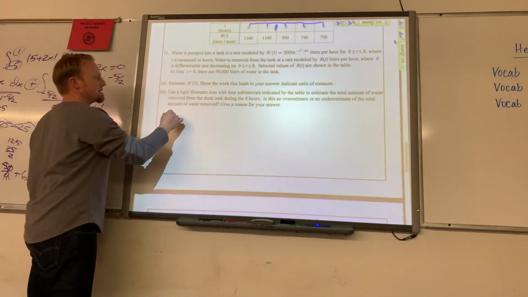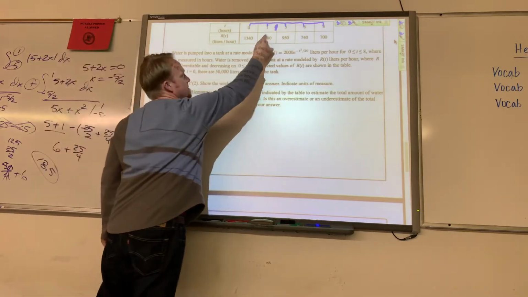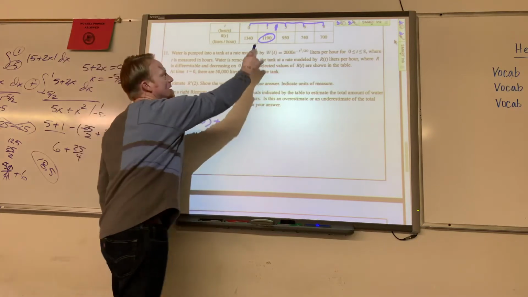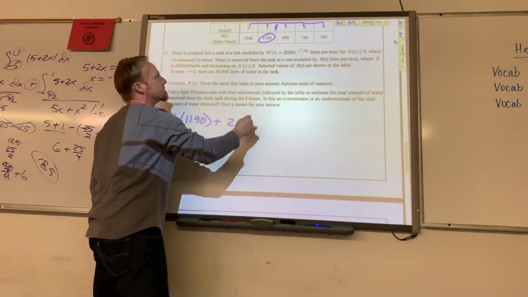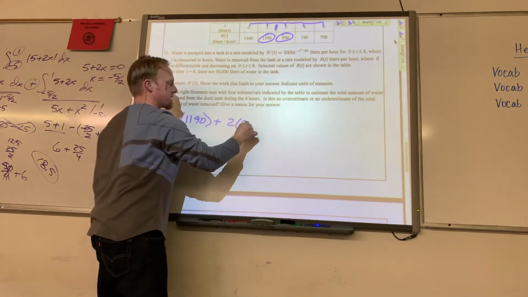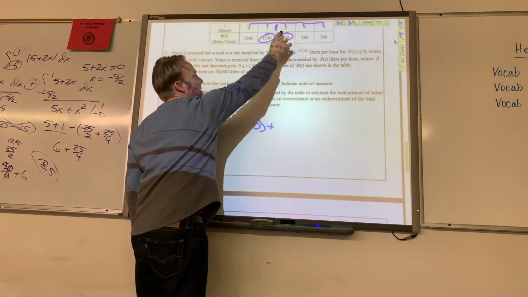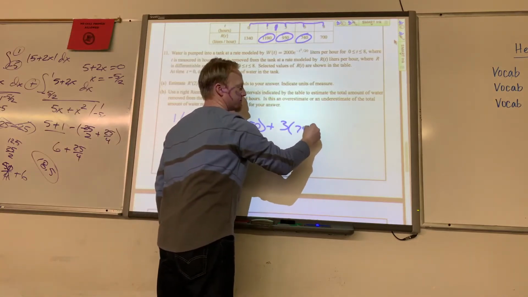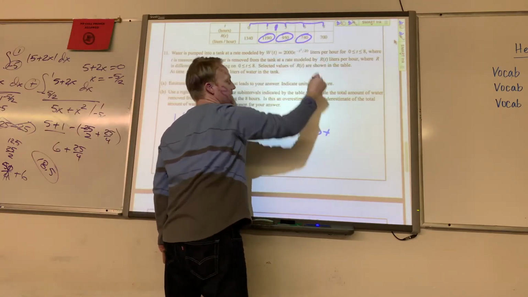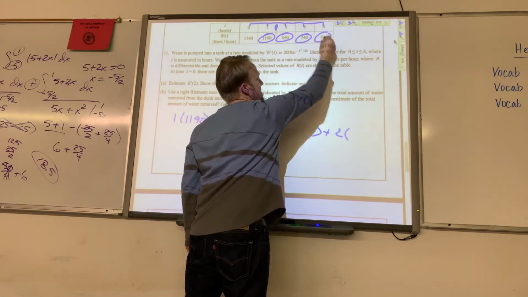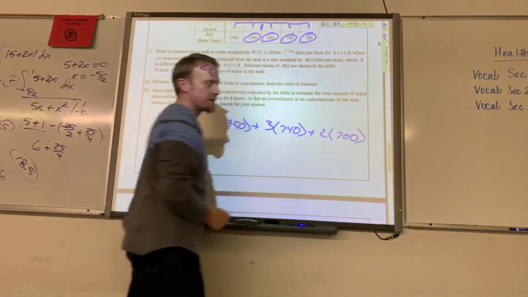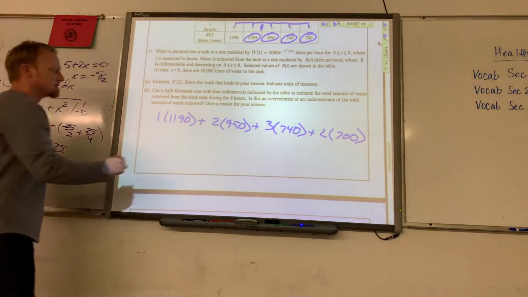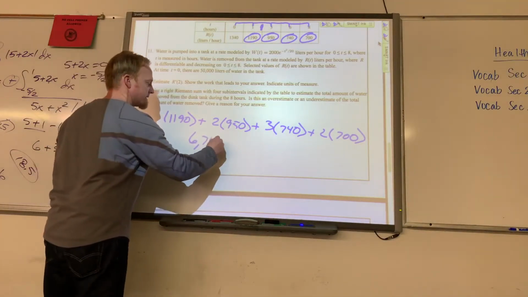So my first one is 1, and a right-Riemann sum, I use 1190. From 1 to 3, we're dealing with 2. A right is going to use 950. 3 to 6 is 3. A right is going to use 740. And 6 to 8 is 2. A right is going to use 700. So if I do all that, I got 6,710